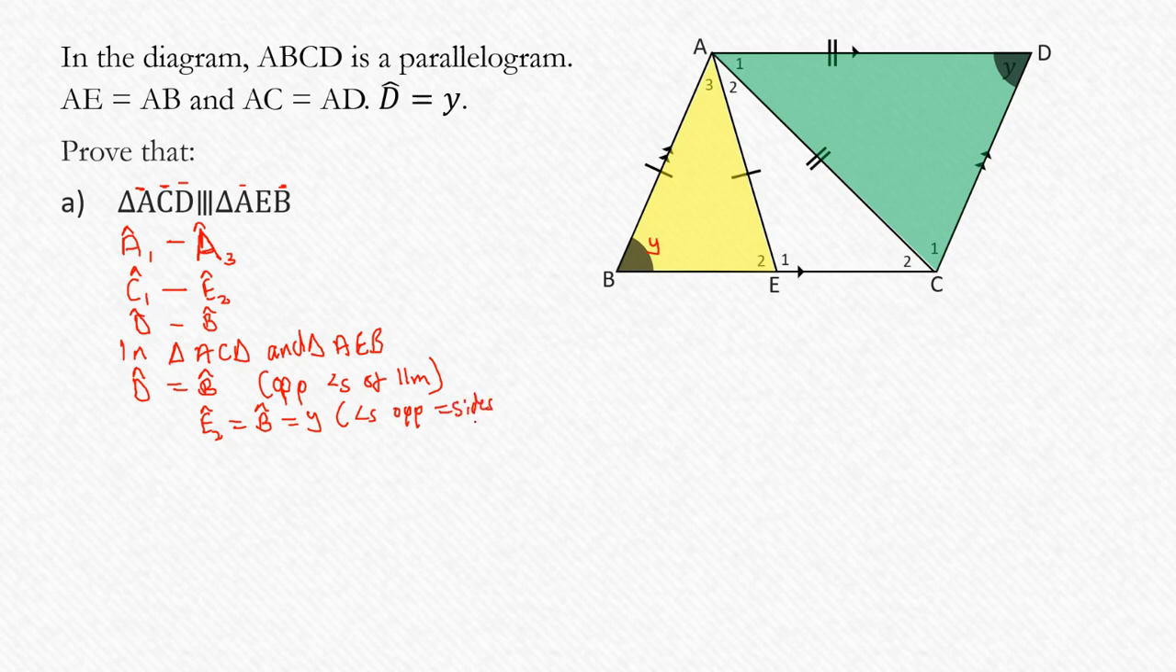Angles opposite equal sides, right? AB is equal to AE. Okay, right? And then again,